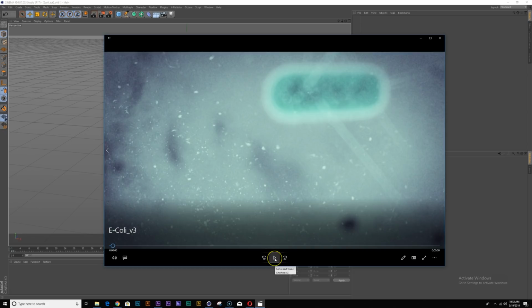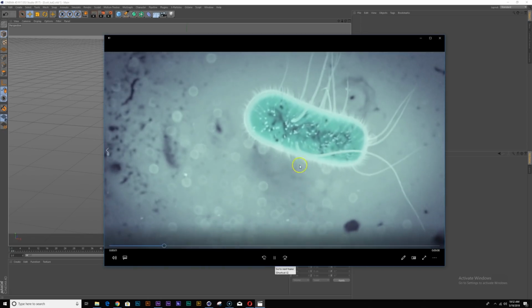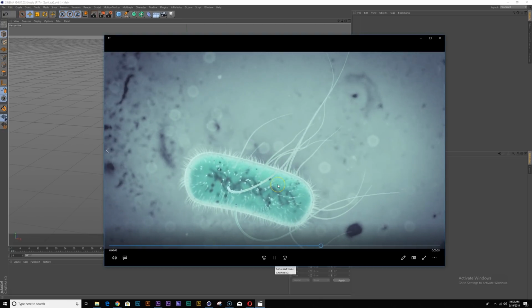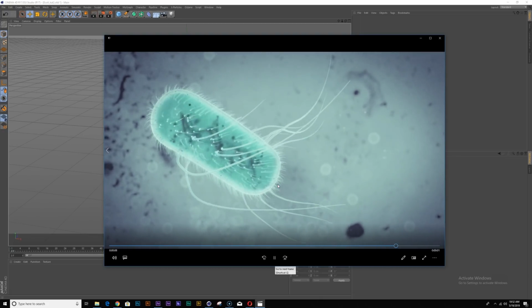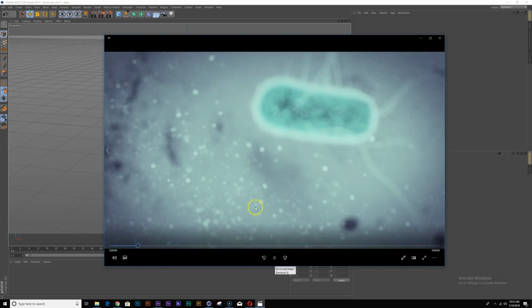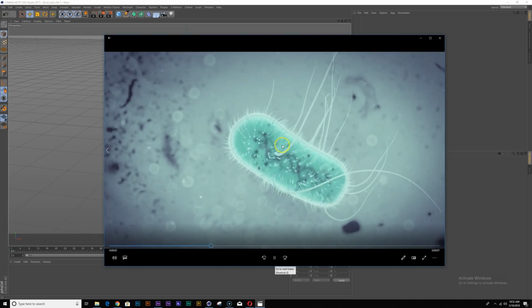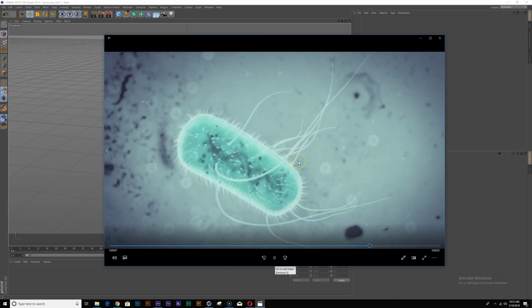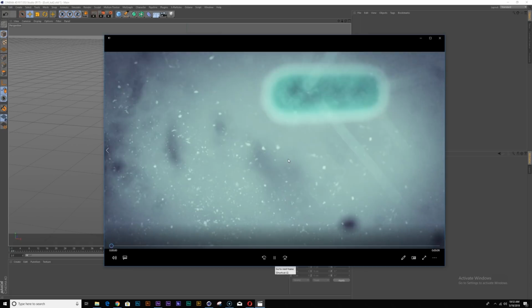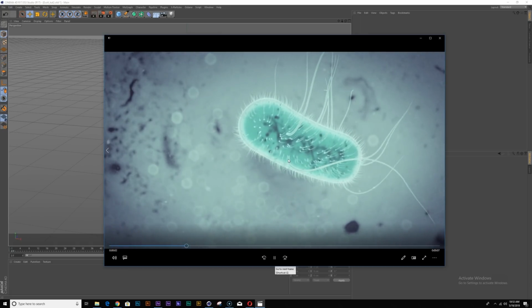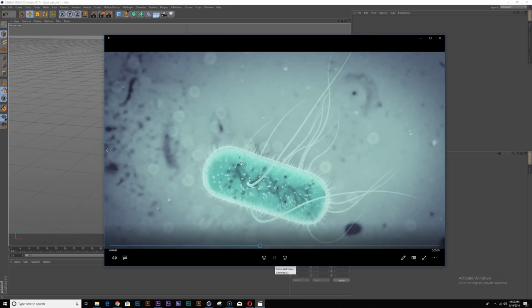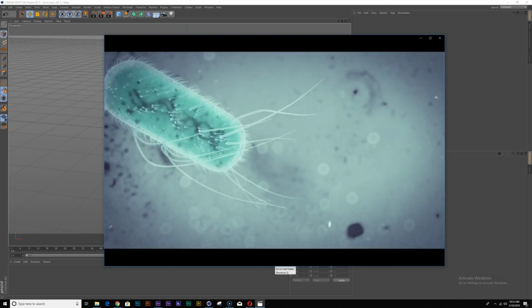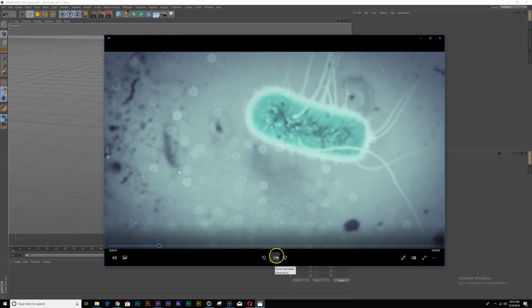My name is Dennis and let me show you guys what we're going to be working on today. So we're going to recreate this bacteria animation that I made, and we'll cover everything from the modeling to using hair dynamics to create these arms or tentacles, and we'll do the lighting and materials, the rendering with Octane, and composite everything in After Effects. So this should be fun, and let's just jump right into it.